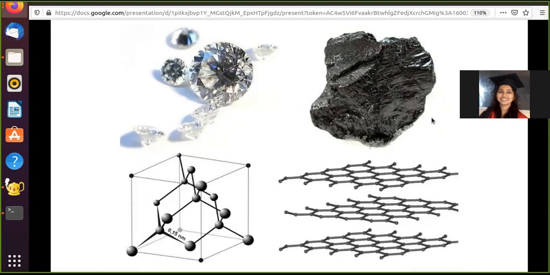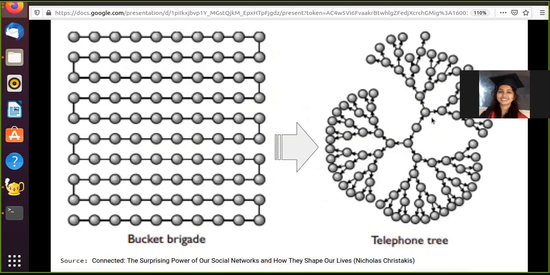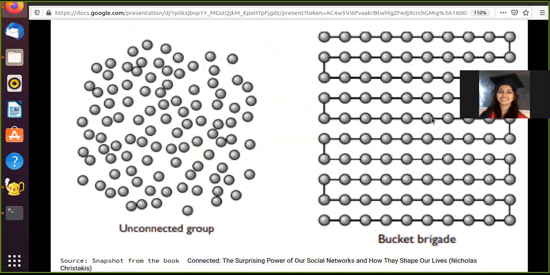Keeping these things in mind, I'll now shift to our first hands-on, which is very simple, where we will look at how you can make such simple graphs using a Python library. So let's make a bucket brigade network with the help of our NetworkX library in Python.